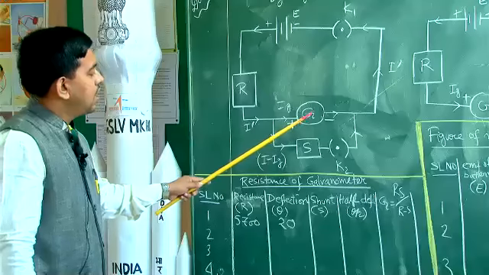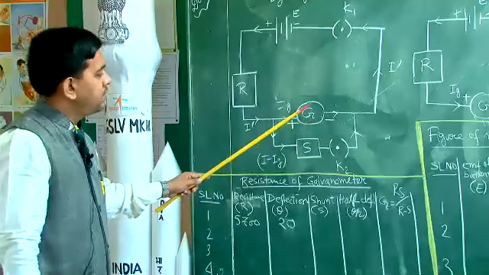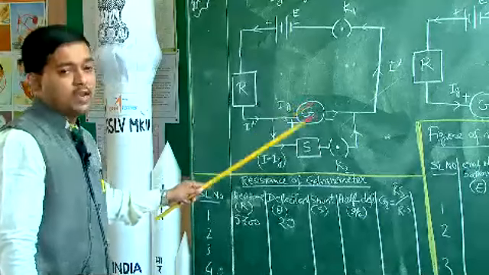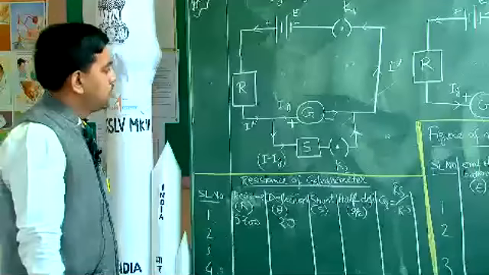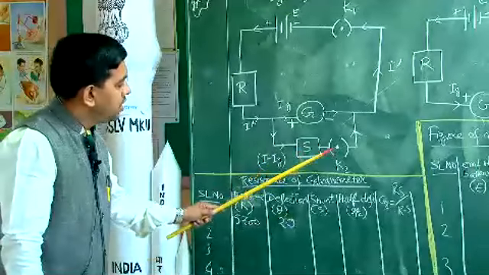How much to decrease? Half of the previous value. That is our purpose. That means if the previous deflection was 20, now the deflection is to be made 10. So as per the shunt value, we have to choose. Okay, so first what we will do now, first we will switch on the key and we will give the